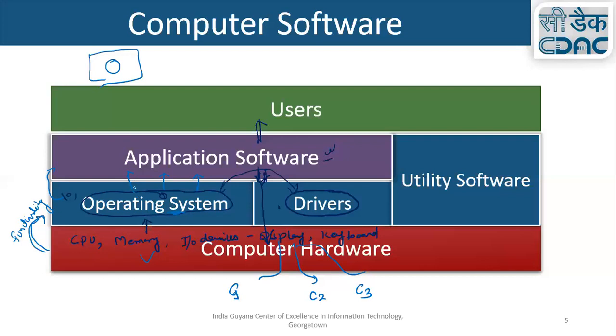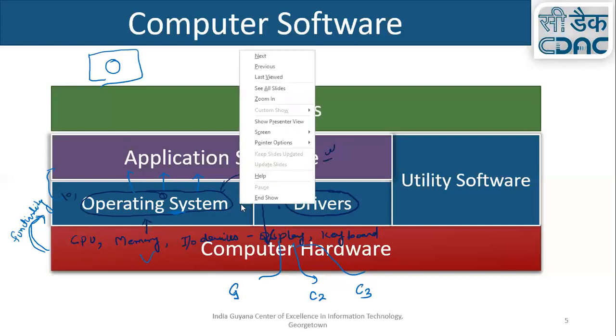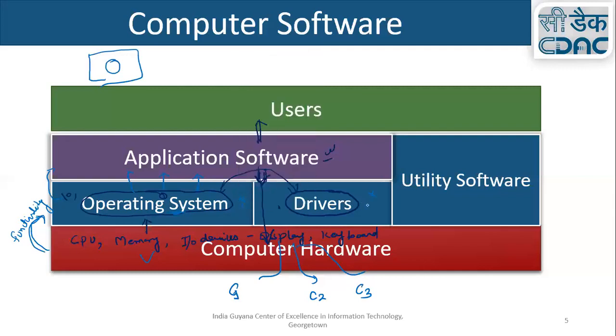So these blue marks, this part, this part, and this part, these three things are known as system software. There are a lot of utility software like task manager, file cleaner, your terminal, and disk management systems. A lot of different utility software is provided by your operating system, and a lot of utility software you can also install from third party vendors.